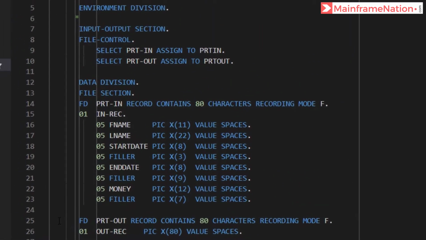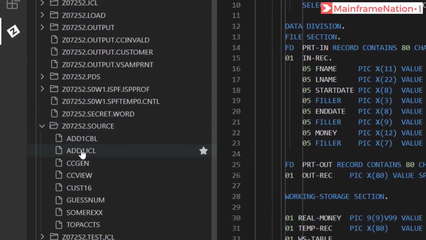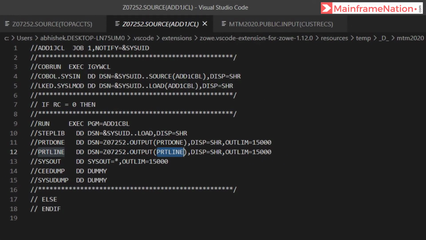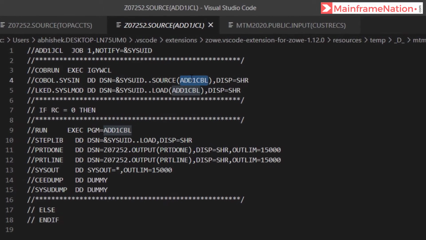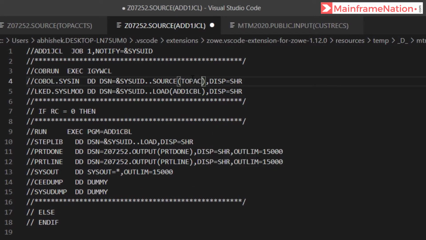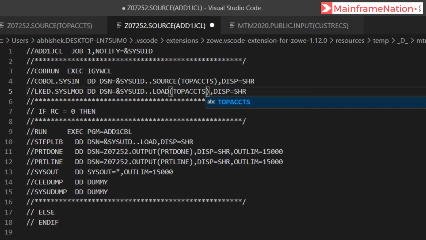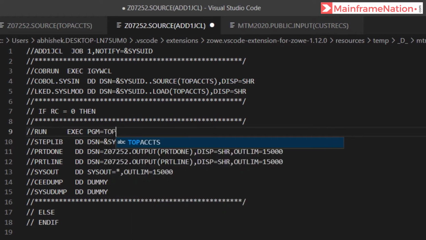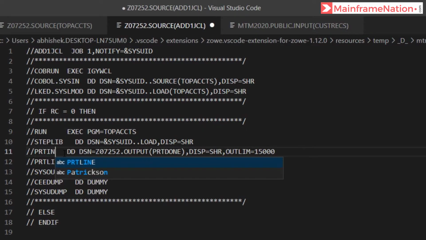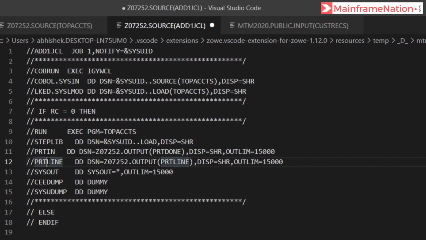So let us go to add1 JCL. Click on it. Let us change the program name to TOPACCTS, here in line number 9. The input file should be PRT in, and the output file should be PRT out.